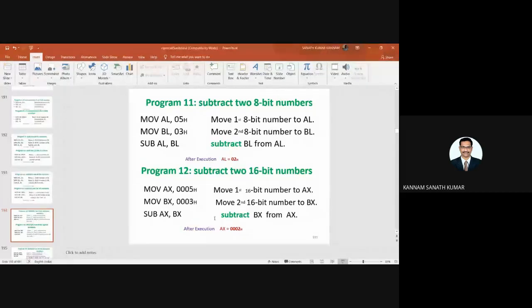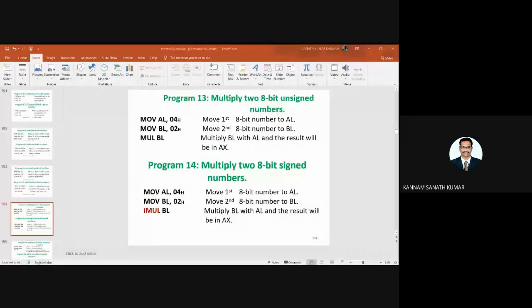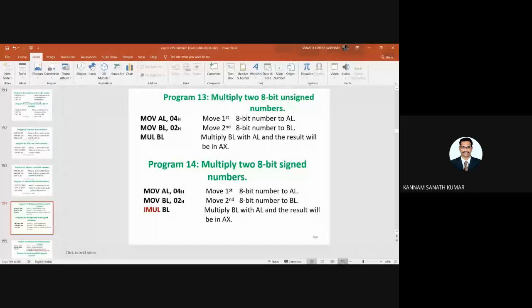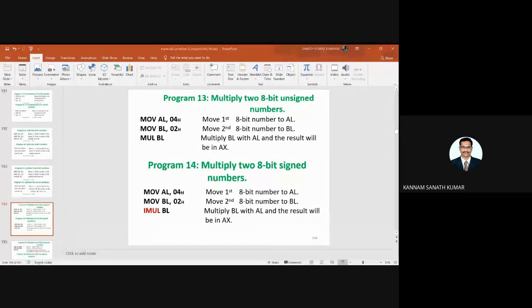So this is multiplication. If you see the multiplication, multiply two 8-bit unsigned numbers. You are taking 04H into AL, move AL comma 04H, move BL comma 02H. MUL BL is nothing but an implicit instruction.